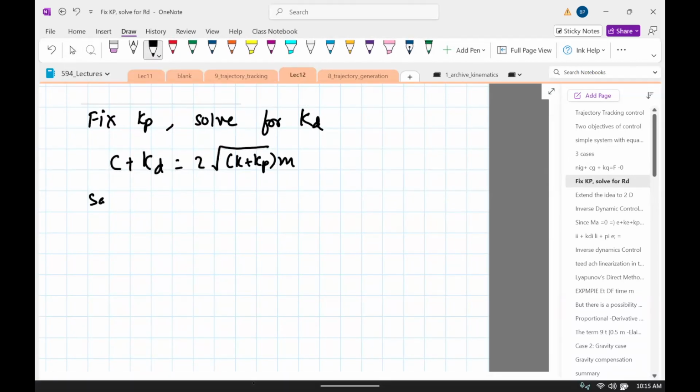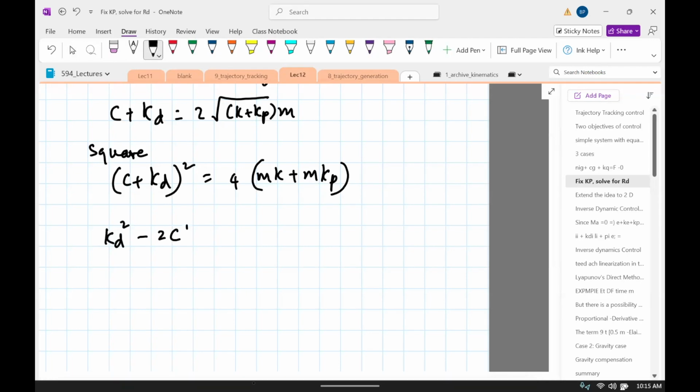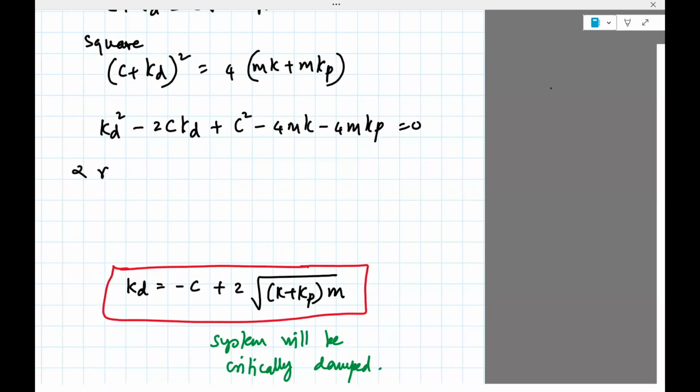So when you square the two sides, you get (c + Kd)² = 4mk + 4mKp, and then c². So you basically get a quadratic equation: Kd² − 2c·Kd + c² − 4mk − 4mKp = 0. And then two roots,